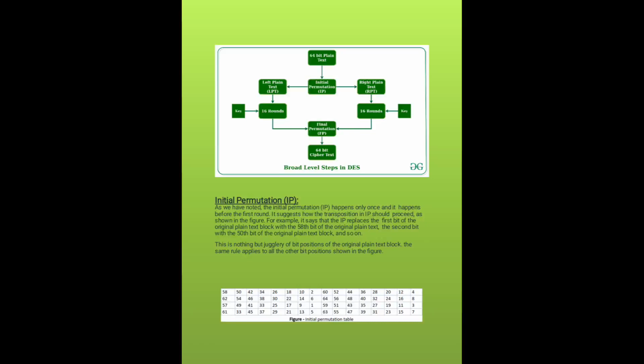DES is a block cipher and encrypts data in blocks of 64 bits each, which means 64 bits of plain text go as the input to DES, which produces 64 bits of cipher text. The same algorithm and key are used for encryption and decryption with minor differences. The key length is 56 bits. The basic